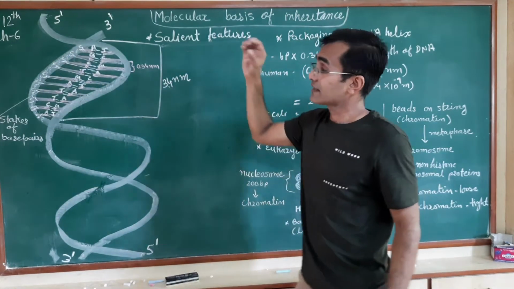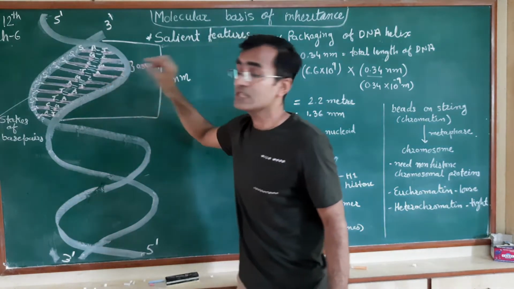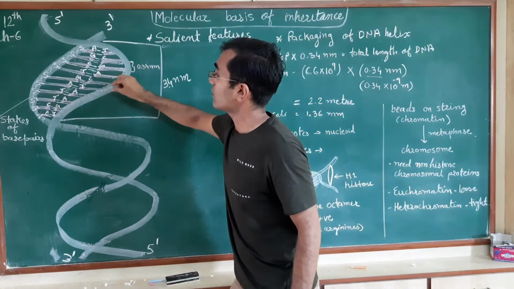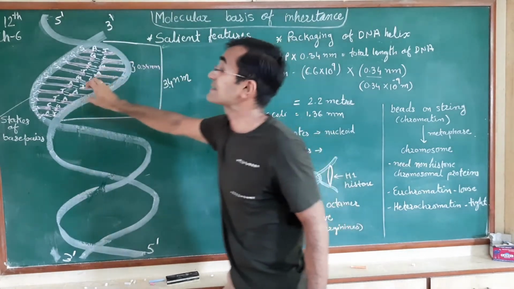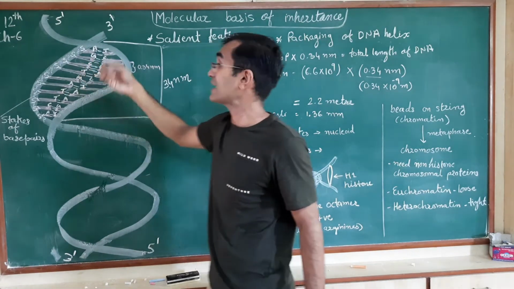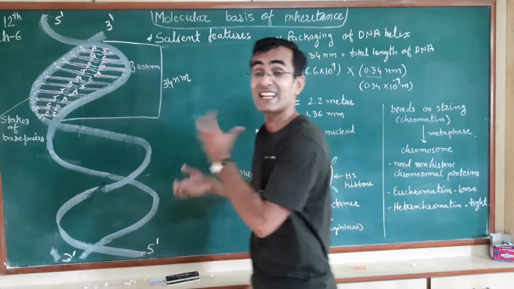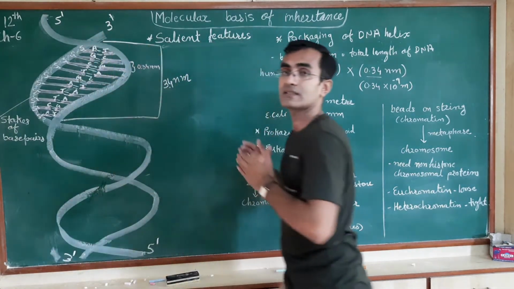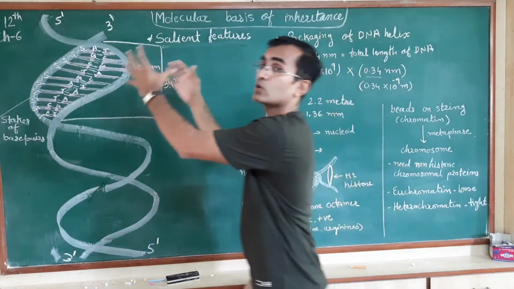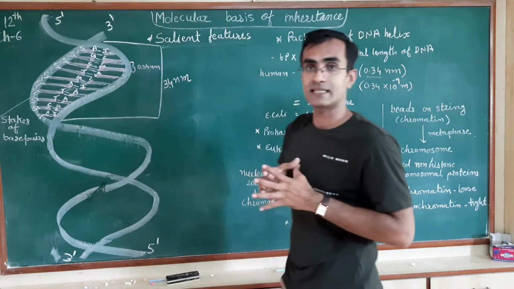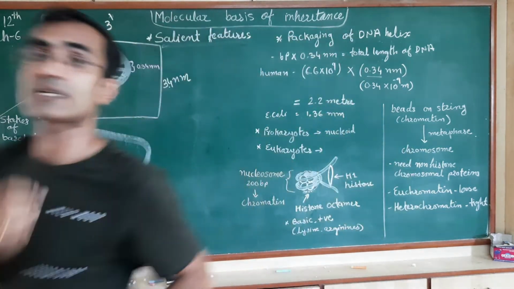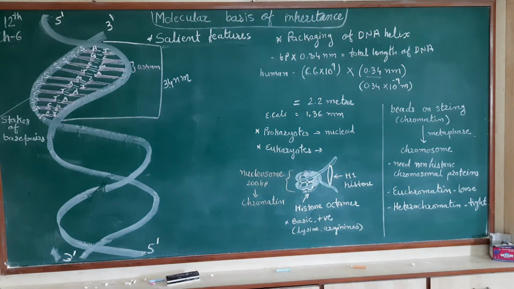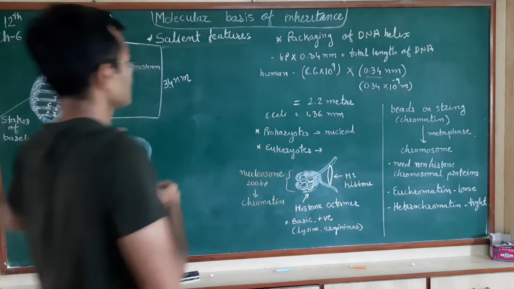Now, if we can observe over here, the nitrogenous base pairs are stacked one on each other. So there will be a stacking of the nitrogenous base pairs on each other. That will give additional strength to the particular segment. Okay, this is the polynucleotide to polynucleotide chains. Okay, hope you are clear with this structure and salient features of DNA.